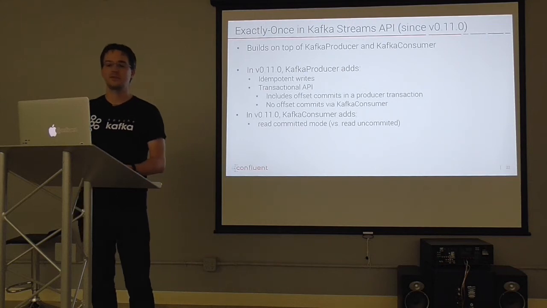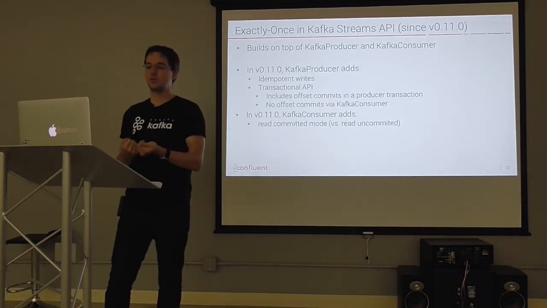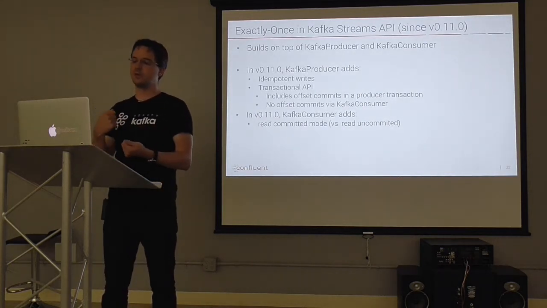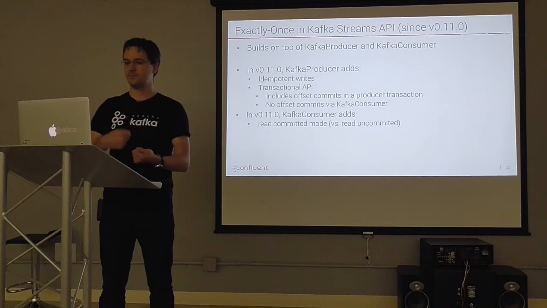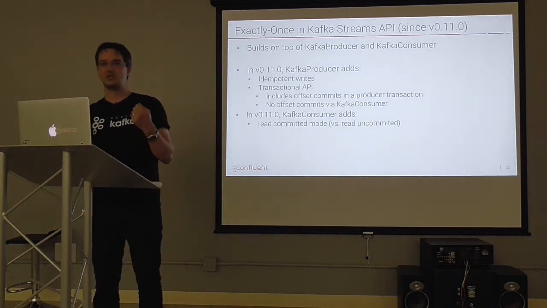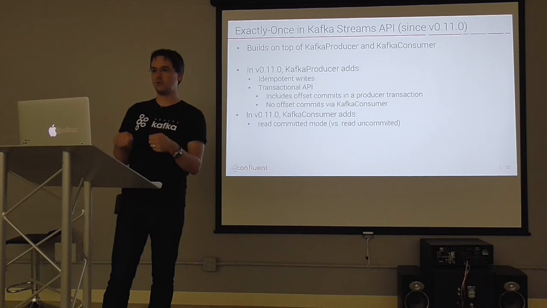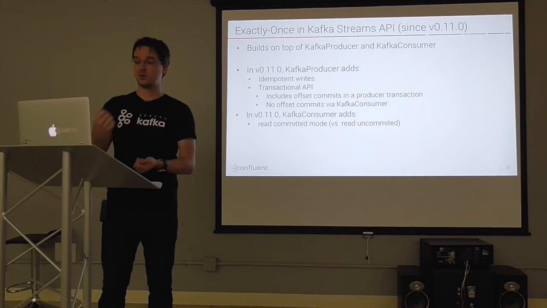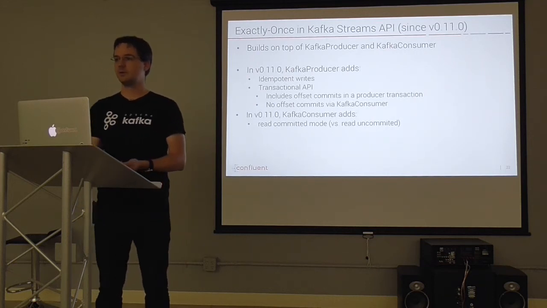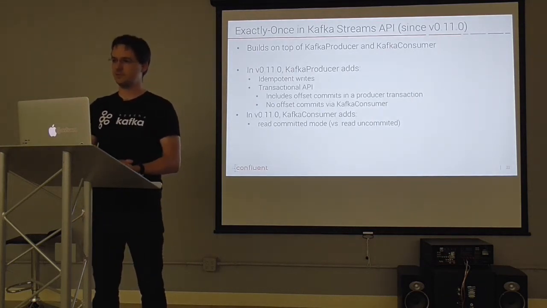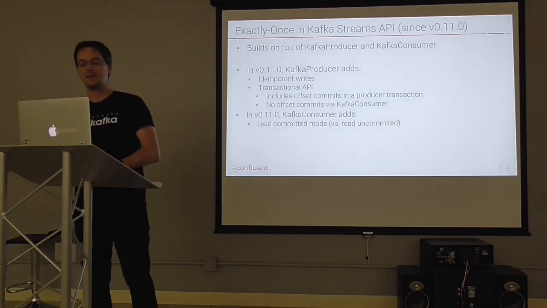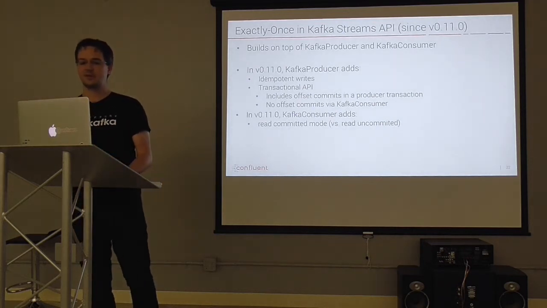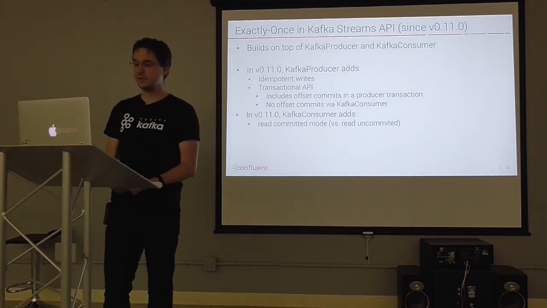What this basically means is when you enable idempotent writes in your Kafka producer, the duplicate writes I mentioned before, because an acknowledgement gets lost, cannot happen anymore. The Kafka producer will attach a unique UUID to all of your records, and in case something goes wrong and it sends a record twice, the broker can detect the duplicate write and will drop the message on the floor. This is a very nice property, and it's basically the building block for the transactional API,